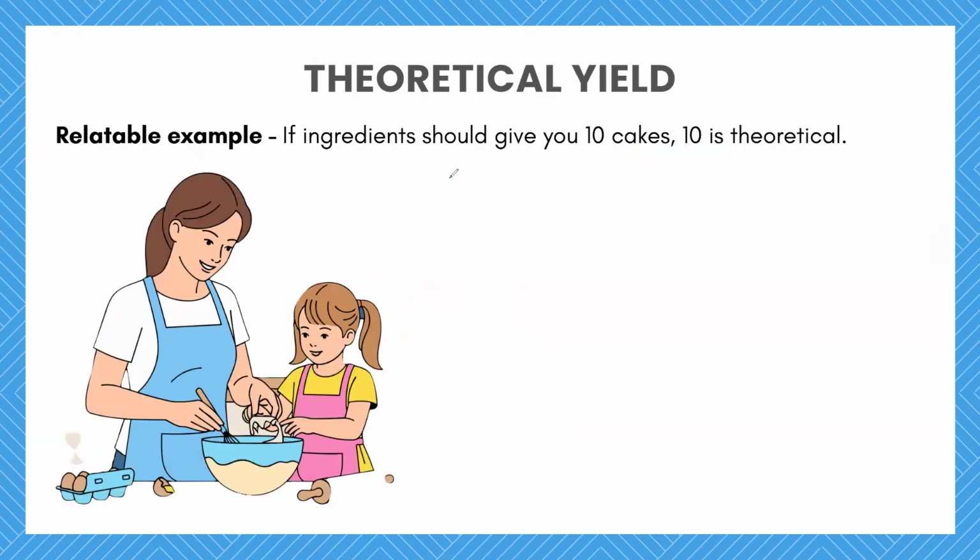But before that, here is a relatable example. If you have a recipe for baking cakes, and on the recipe, it was told you that when you combine all the ingredients together, you should be able to obtain 10 cakes. That 10 that you saw in the recipe is the theoretical yield. Because in the process of actually baking the cake, maybe you have some spills,